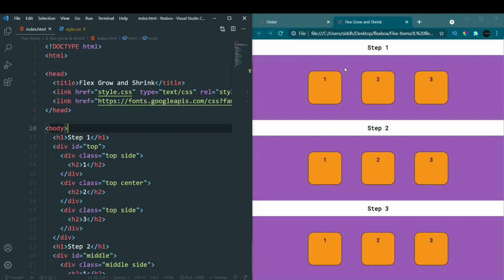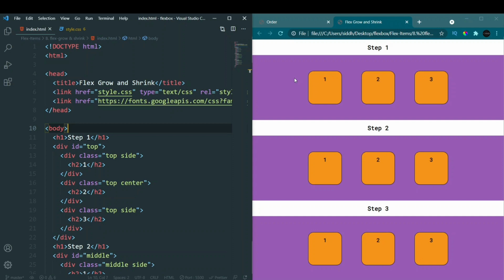If you put flex grow as 2 for this first item, it will grow 2 times with respect to both of these elements. If all the items have flex grow set to 1, the remaining space in the container will be distributed equally among all the children. So if all of them have equal values, a flex grow of 1, then the remaining space will be distributed equally between them. And if one child has the value of 2, that child will take up more of the remaining space. So we'll see what it means.